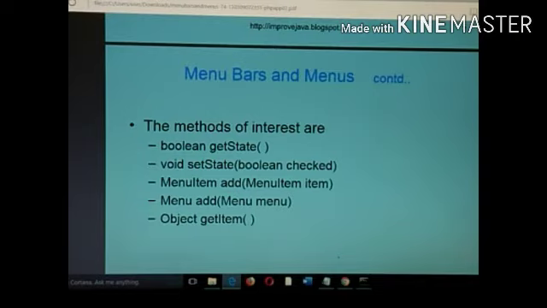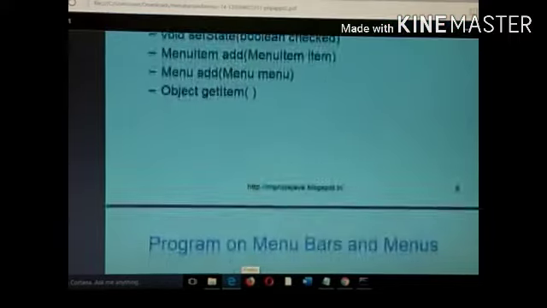That is nothing but the menu name. Action command means what you see on the menu. So for these action events to be performed, we should have an action listener or an item listener interface. So let us see an example.